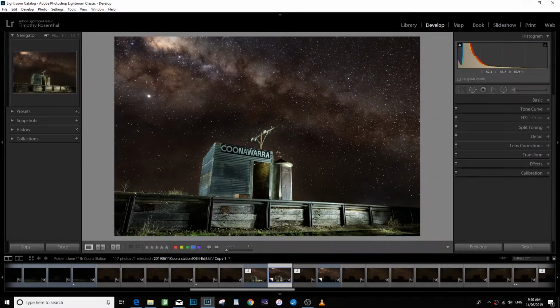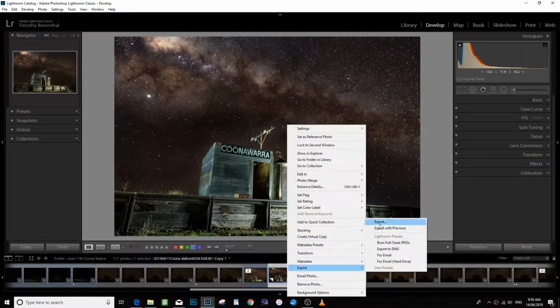So I just want to quickly show you how to add a watermark to one of your images when you're exporting from Lightroom. So in the develop module, picture's all done, and you want to put your watermark on there somewhere. So if we just go into export,